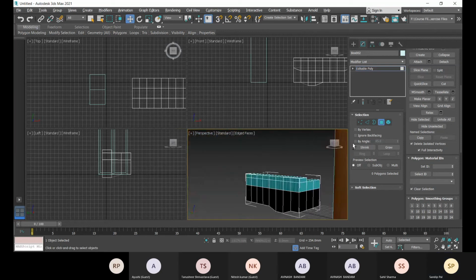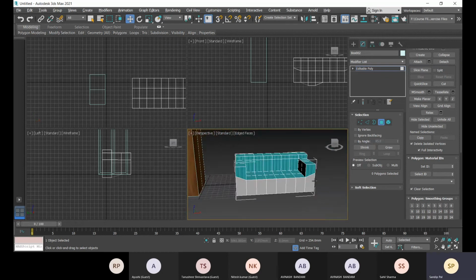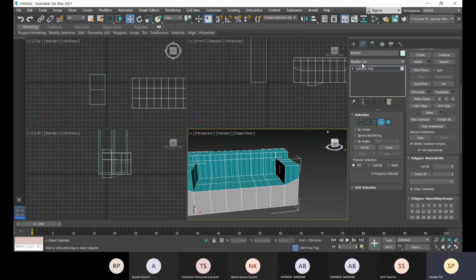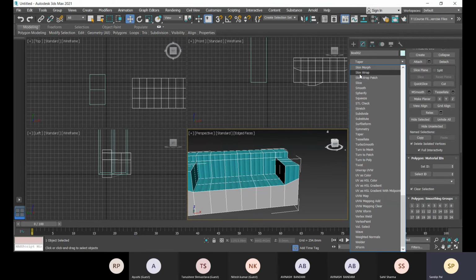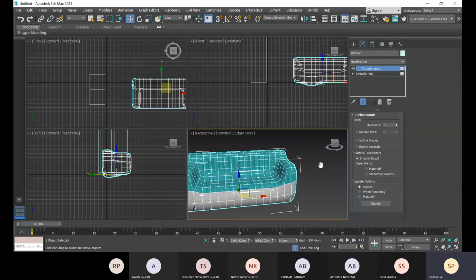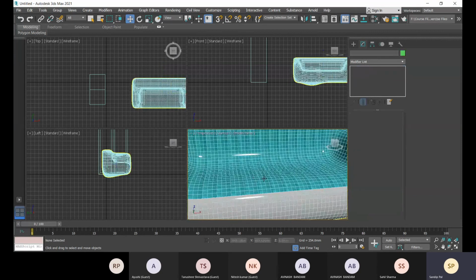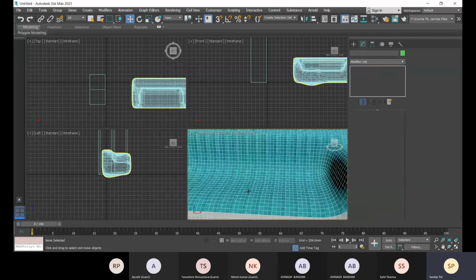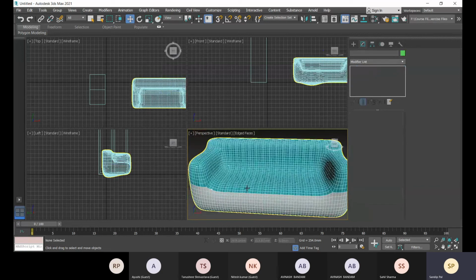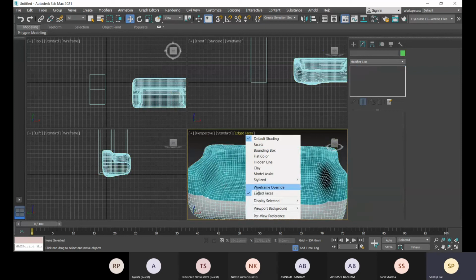All right, and after that you can change it to turbo smooth. Okay, so this is how you can create materials.